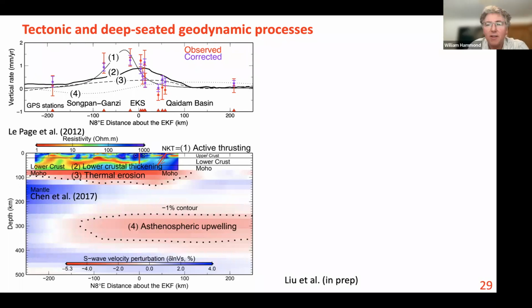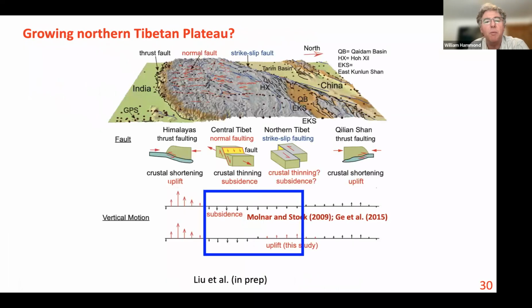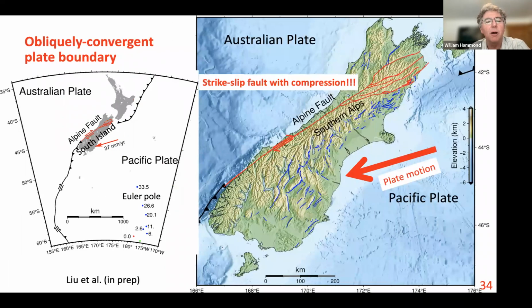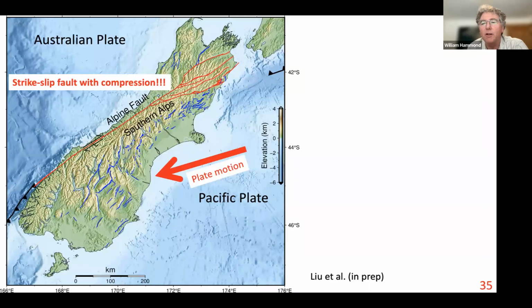Hey, thanks very much for that great talk. For the New Zealand case, maybe you mentioned this, but I didn't hear. Have there been any recent thrust earthquakes on the Alpine fault that could drive some post-seismic vertical motion? Just for the Alpine fault,